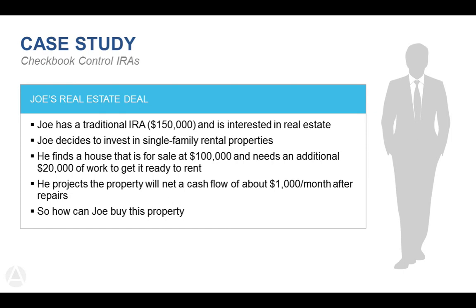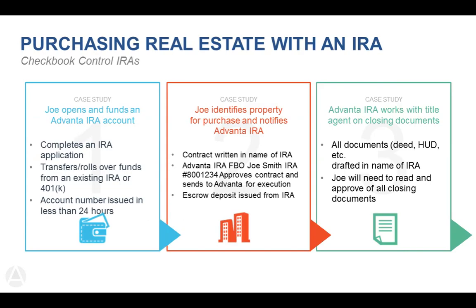How can he purchase this property? Well, you can purchase it one of two ways. You can either purchase it underneath of the IRA or underneath of a checkbook control. So to illustrate the main differences between these types of investments, let's go through what it takes to do it in an IRA first. The individual completes an IRA application and then transfers either via a direct rollover, custodial transfer